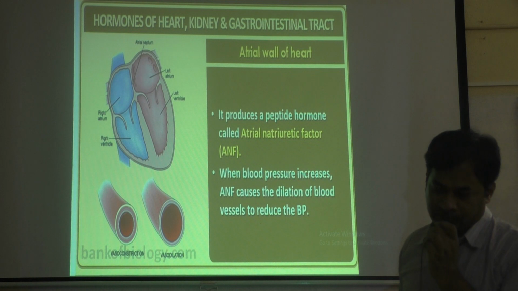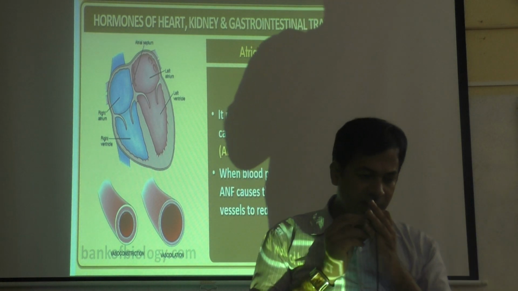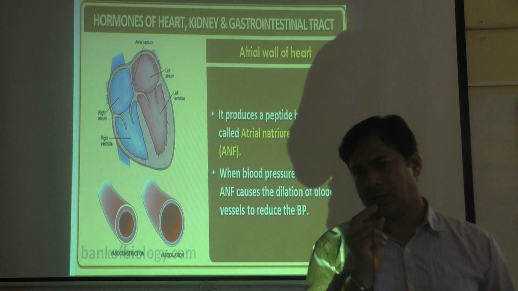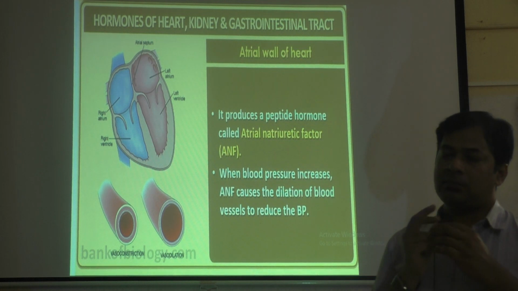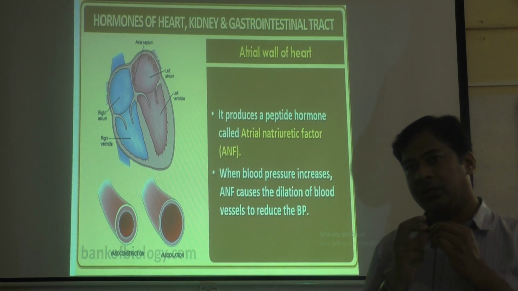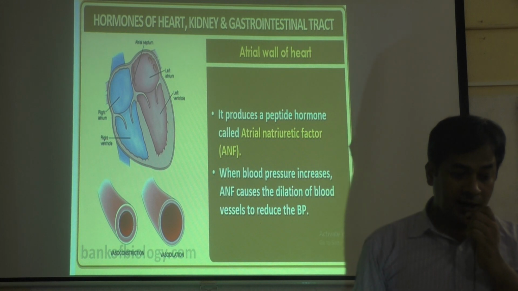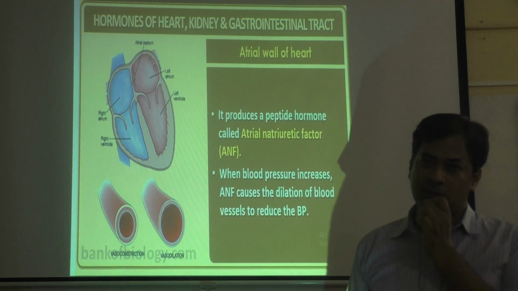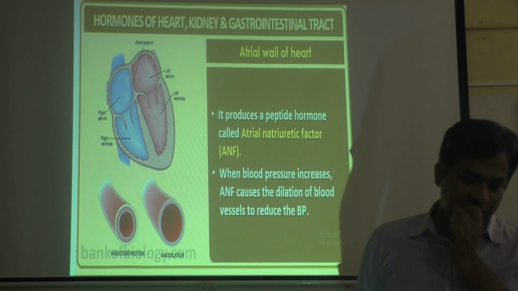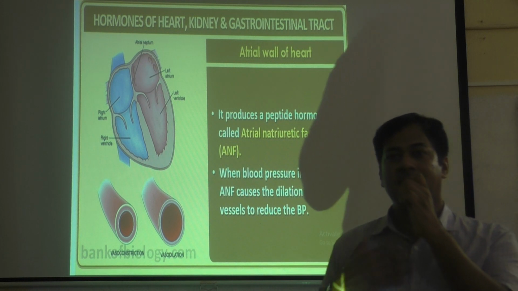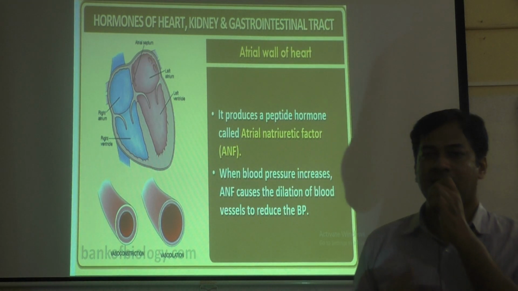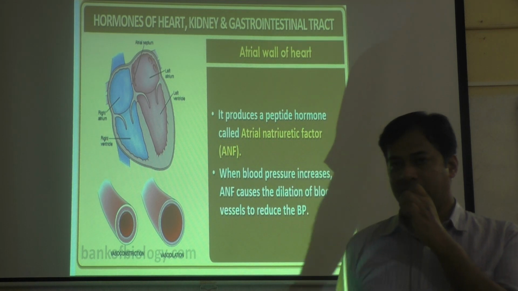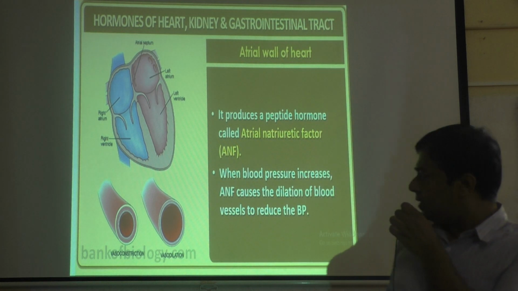Okay, then next, other than these endocrine glands, we will see some hormones are produced by some other organs of the body. These are endocrine glands, what we have learned till now. Some other parts of the body, some organs of our body also produce hormones like heart, kidney and gastrointestinal tract. Heart also produces some hormones, then kidney produces some hormones, then gastrointestinal tract, the word gastro means stomach, stomach and intestine, that is digestive tract together. Okay, it is gastrointestinal tract.